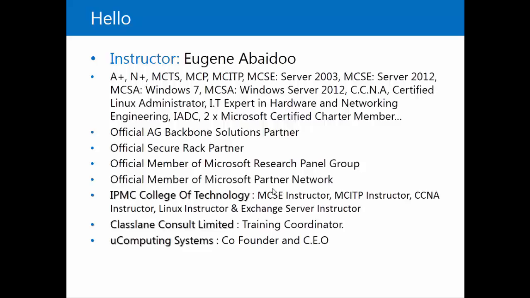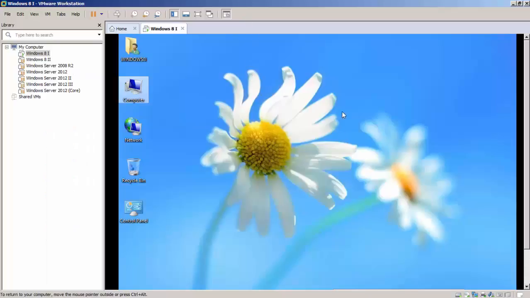My name is Eugene, and today I'm going to show you how you can configure encryption file system to secure your data on your Windows 8 operating system. Okay, so I have my Windows 8 operating system over here, and for this lab practice we will need just one computer for our practice. So on my VMware, as you can see, I have just one machine started here, and that is all we're going to need. So I'll enter full screen mode here,